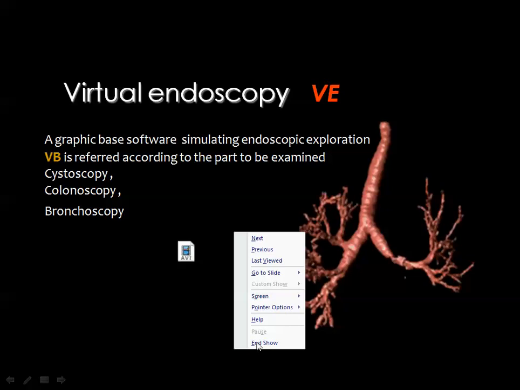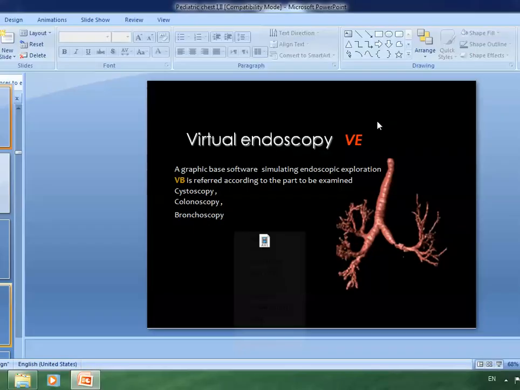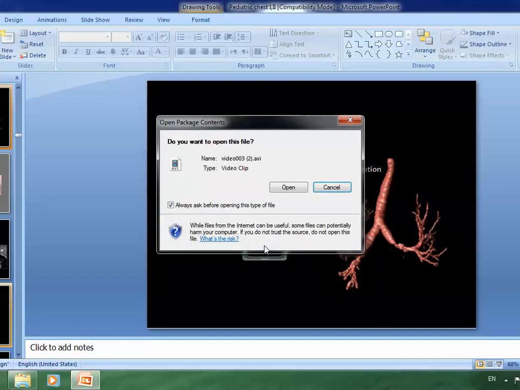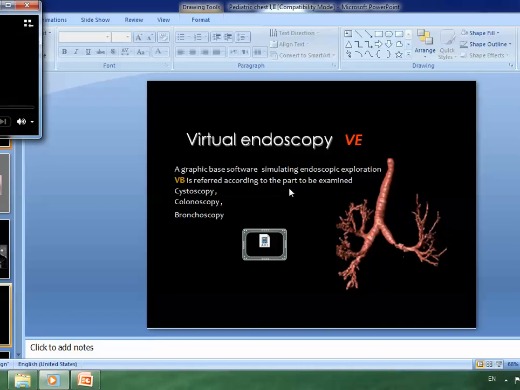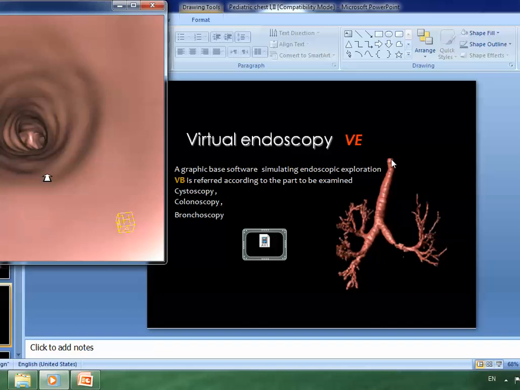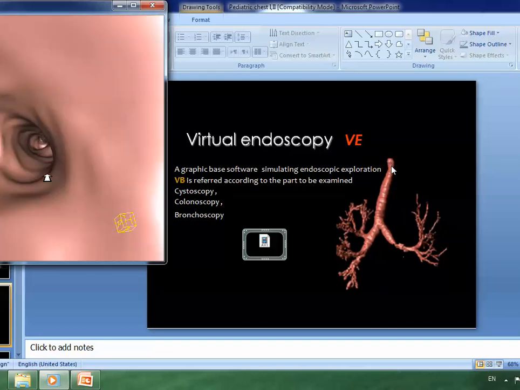After you get this appearance, which is known as the road map, then you go to a button which is present on the machine. Then you push the button which is labeled the virtual camera. Then the virtual camera will open and you start your scanning by putting your pointer here, and you proceed down